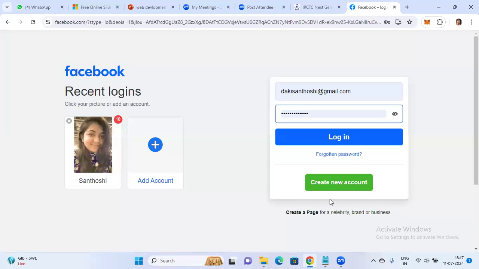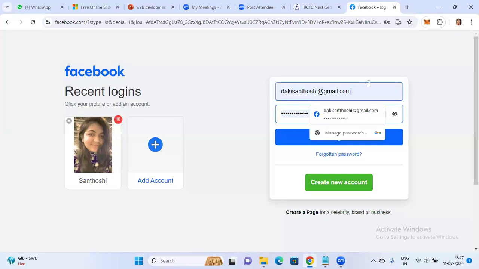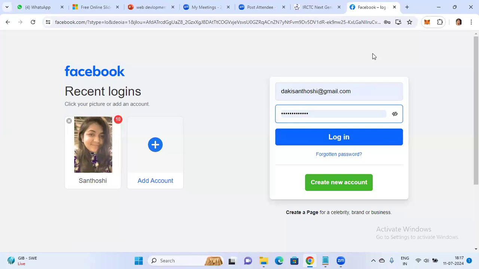Yes or no? Guys, understand what server pages are. So to sign in with your Facebook, this page is common for everyone. The login page is common for everyone, but inside it you will be writing your own email ID and your own password. Yes or no? So this Facebook page is static.